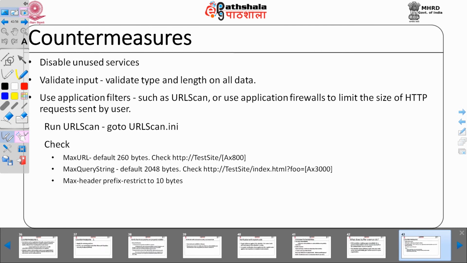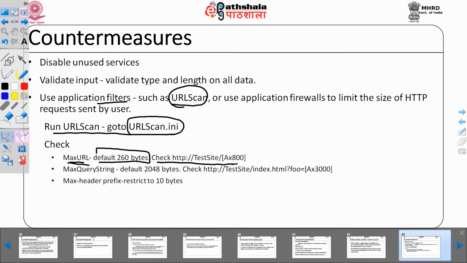What are the countermeasures? Disable the unused services, validate the input, validate the type and length on all data, and there are certain filters available. One example is URLScan. You have to install URLScan and get urlscan.ini. URLScan has certain parameters: MaxURL, MaxQueryString, and max header prefix. MaxURL, for example, defaults to 260 bytes.